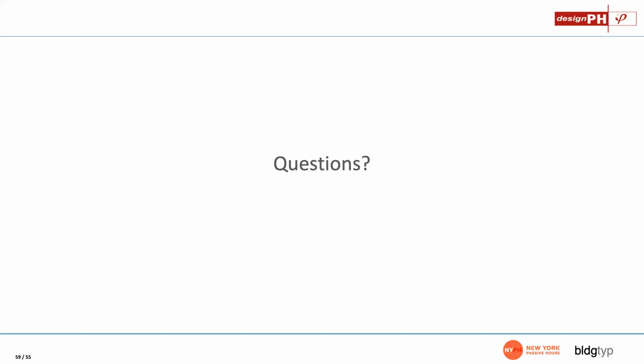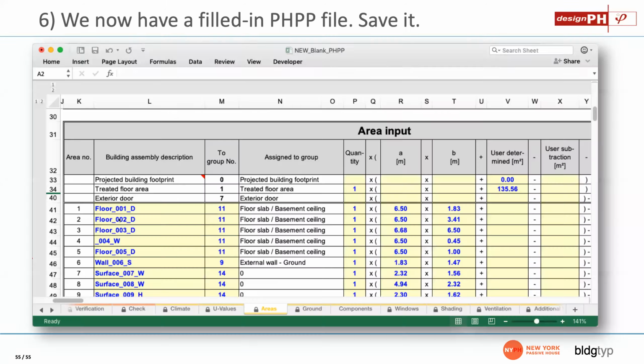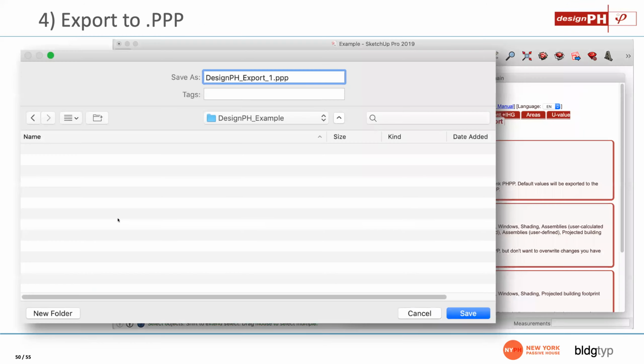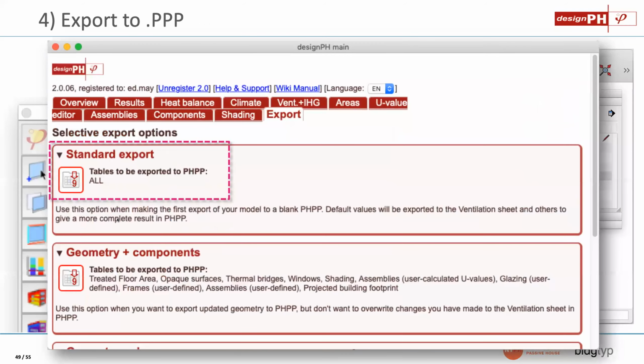Can you re-import the same PHPP file? Suppose you import the PHPP, then add a bunch of other info to the PHPP, then decide to modify geometry. Yes, you can. Great question. Let me go back just a few slides here to show. I sort of breezed right by it, but in the export options that we saw way back here,